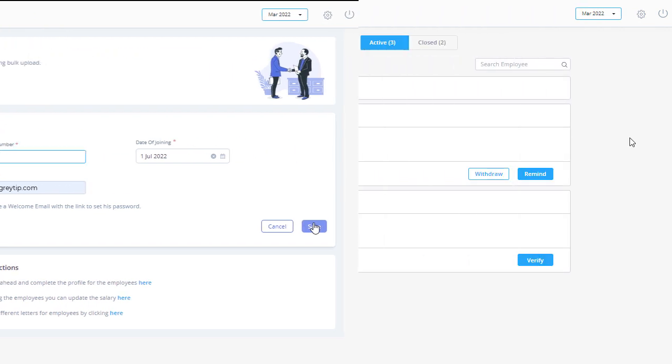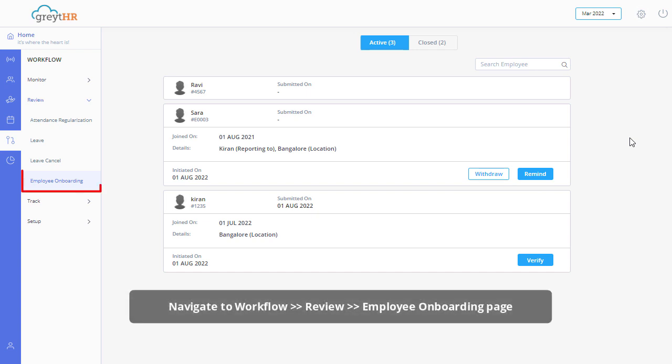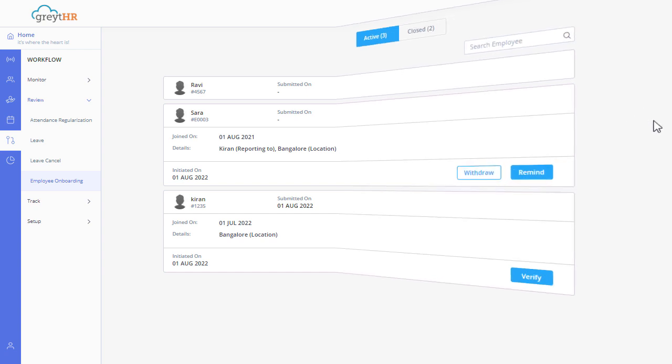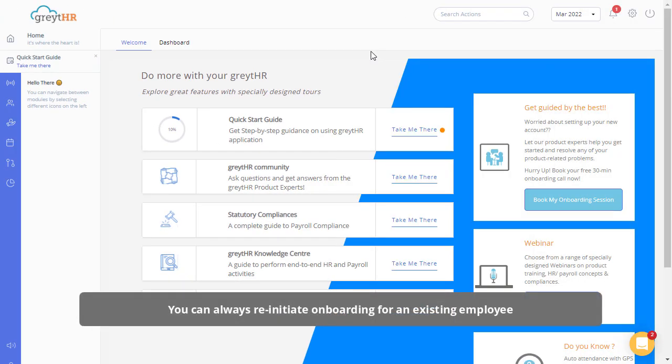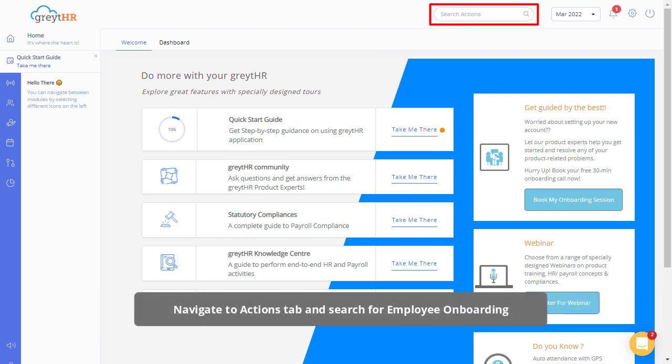Once the onboarding details are submitted by the employee, the admin can navigate to Workflow, Review, Employee Onboarding page and take action. Additionally, to remind an employee to submit onboarding, click on Remind, and to withdraw an open application, click on Withdraw. You can always reinitiate onboarding for an existing employee by navigating to the Employee Onboarding page